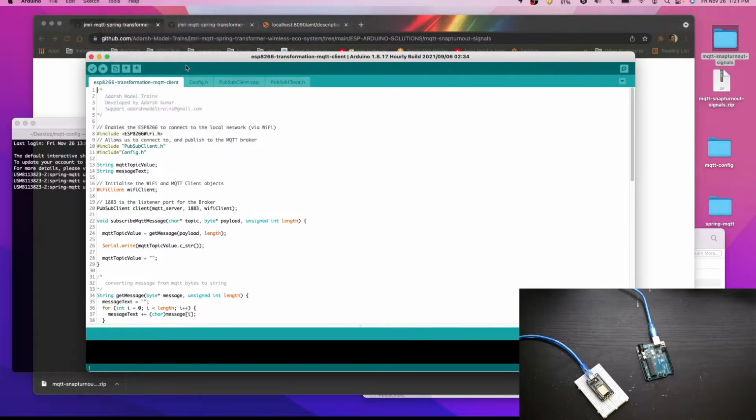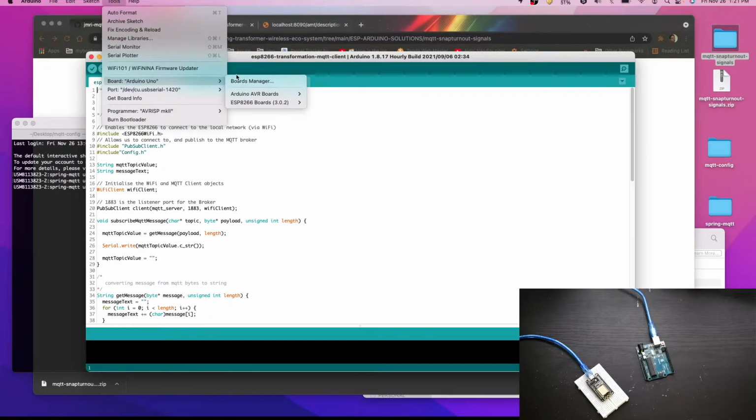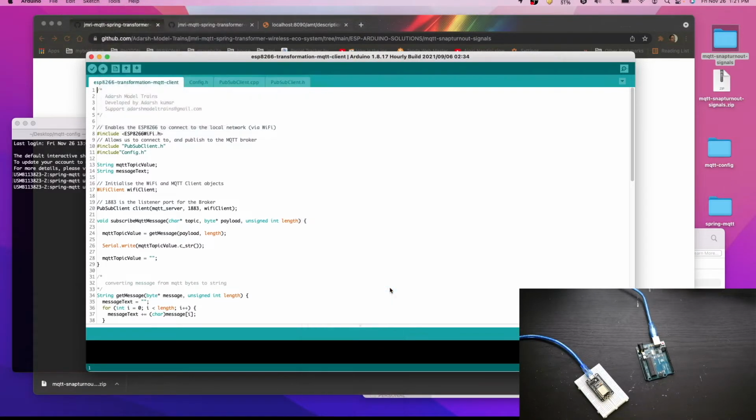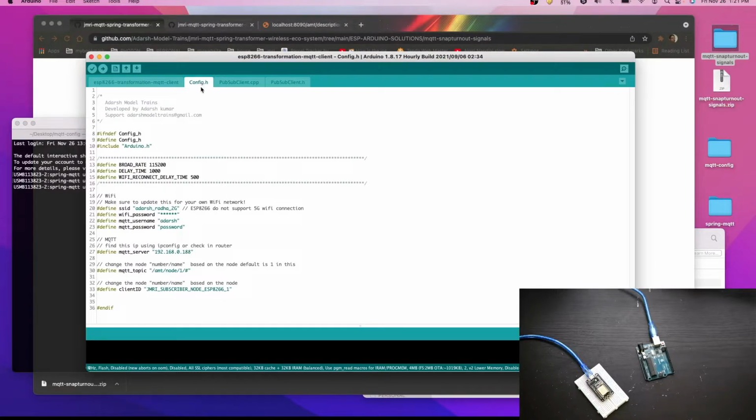Port is selected now, and we'll go to boards here, ESP8266 NodeMCU. I have already created a video earlier on how we can configure NodeMCU in the machine step by step. If you are not familiar with that, you can follow that video tutorial. It will be there in the playlist.